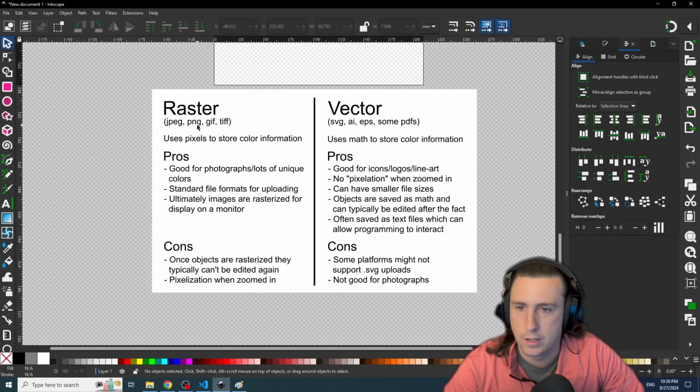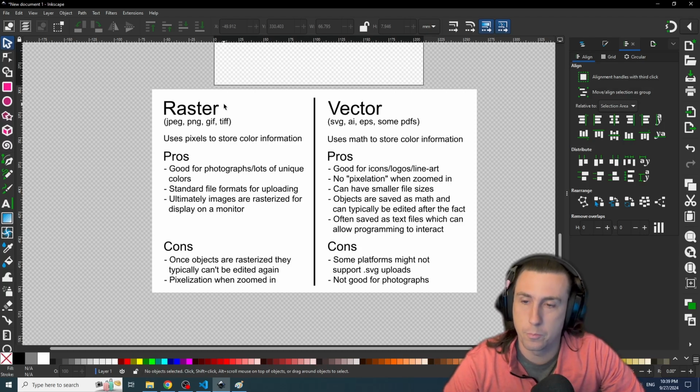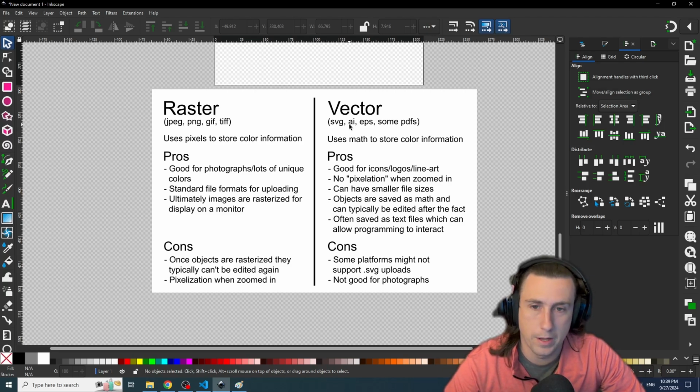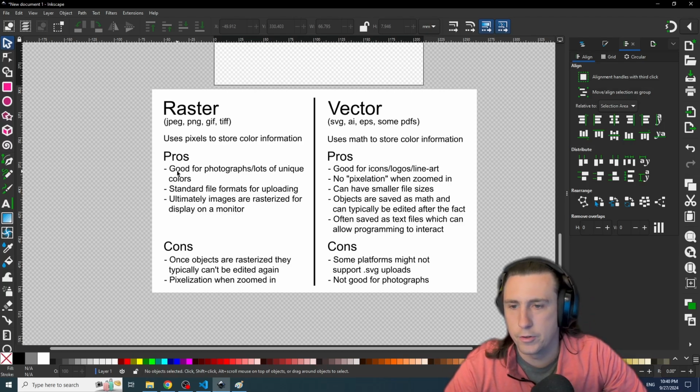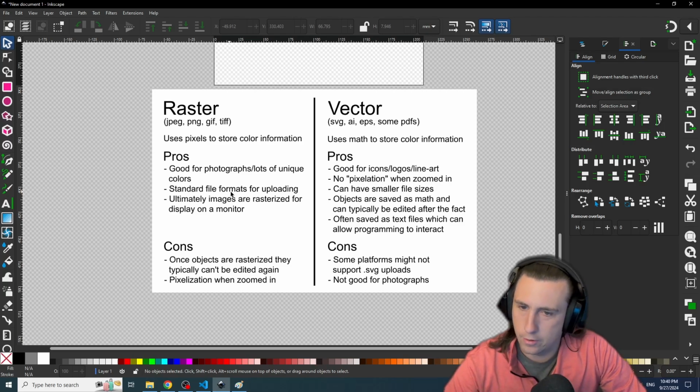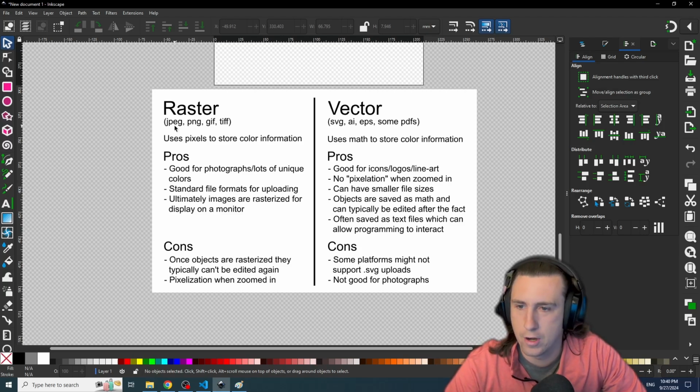JPEG, PNG, GIF, and TIFF are all raster images, also sometimes referred to as bitmap images. And then SVG, which is the specific format we were looking at, AI, not artificial intelligence, but I think it stands for Adobe Illustrator, EPS, and some PDFs are vector images. So raster is great for photographs and things with lots of unique colors. It's good for standard file formats for uploading. So say you're uploading an avatar to a website, you're probably going to upload it as a JPEG or a